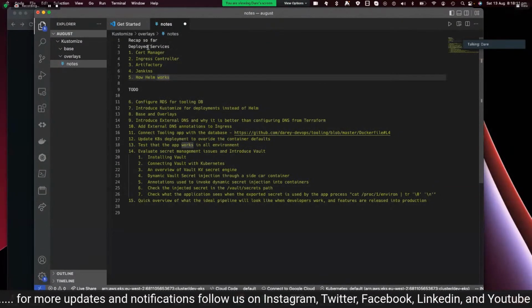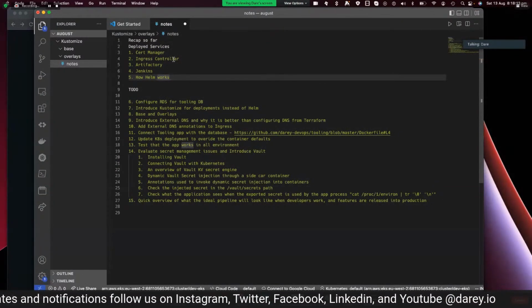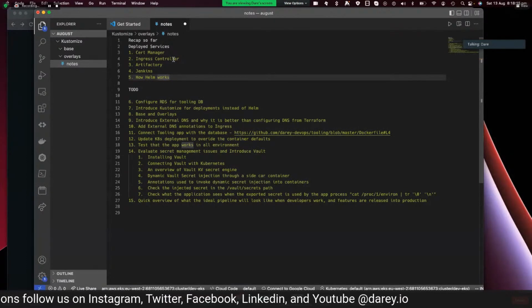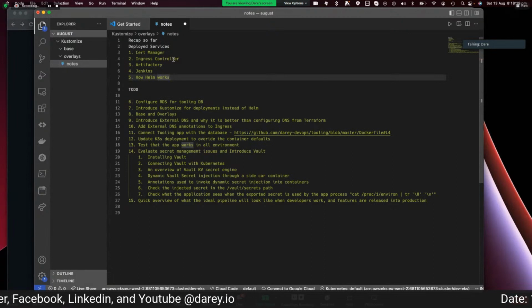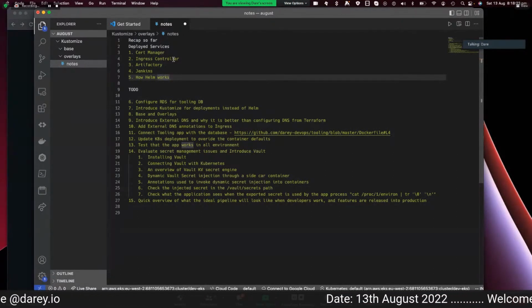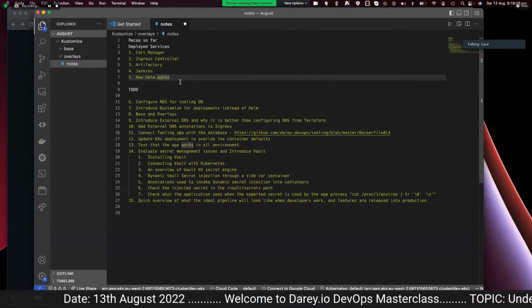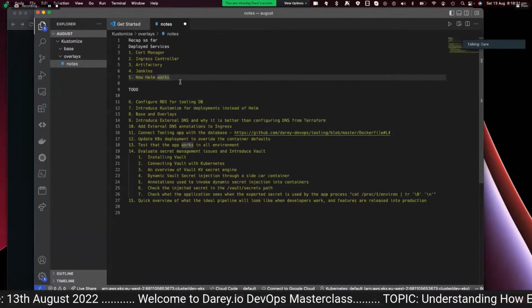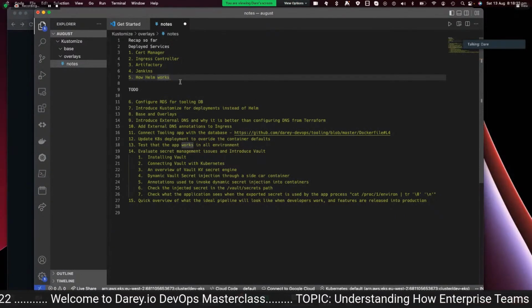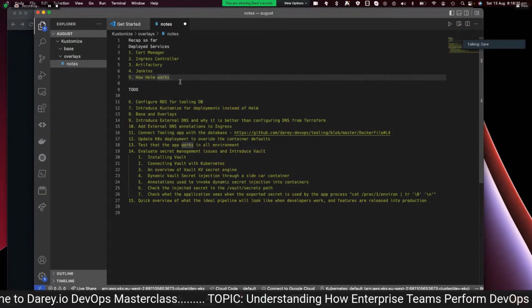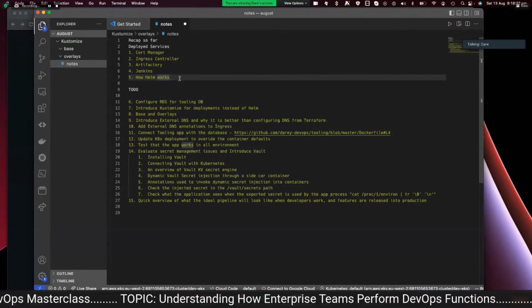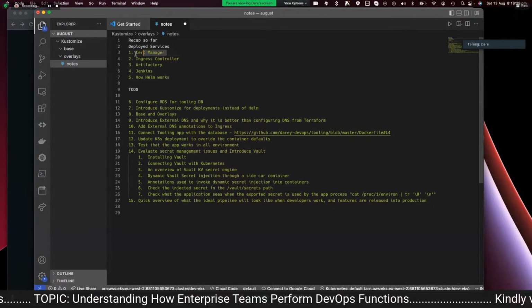So far in the last few weeks, when we started talking about pipelines and some tools, we set up some tools in Kubernetes. This session assumes that you have Kubernetes knowledge, at least the basics. Most of the things are going to be within the Kubernetes ecosystem. And we did